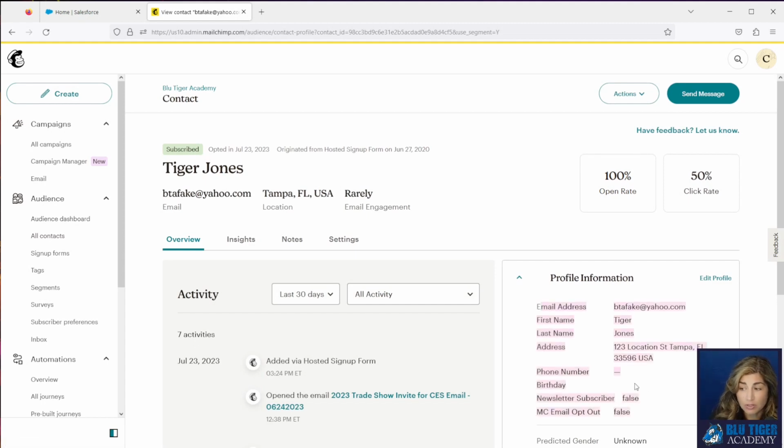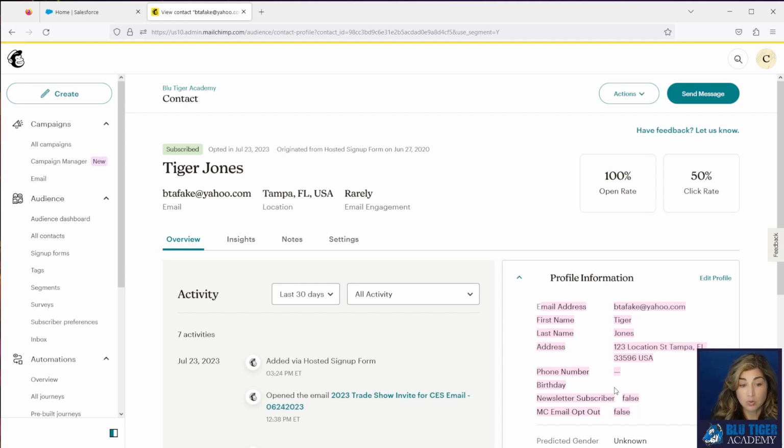Now there is a 30 field limit in MailChimp on how many custom fields you can have in this profile information section. There's an 80 field limit if you have a higher edition. So we really don't want to go crazy creating a whole bunch of custom fields in MailChimp since there are limitations. So we recommend that you create custom fields for data points that you will likely use forever.